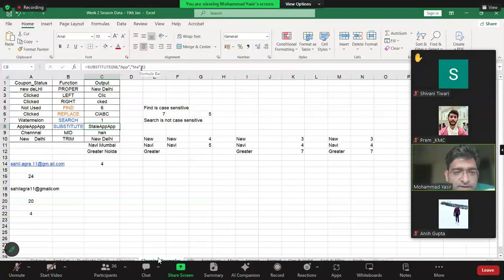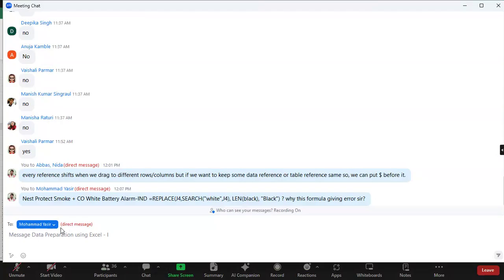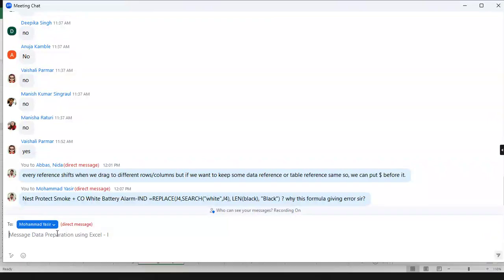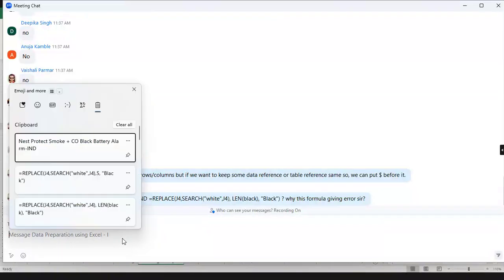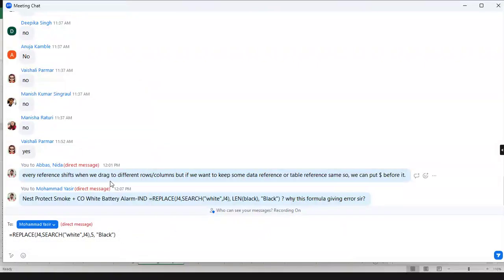Yes. So now if I say 1, what will happen here? Only the first instance of this string will be replaced by this updated string. So only the first instance got changed to STA, the other two are as it is. Right? Clear?